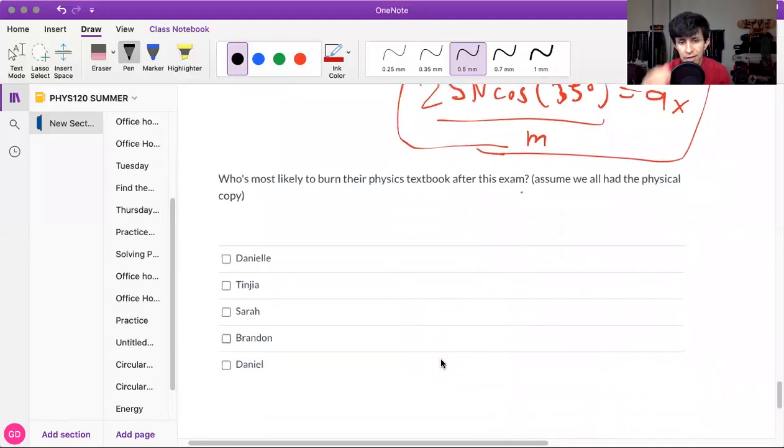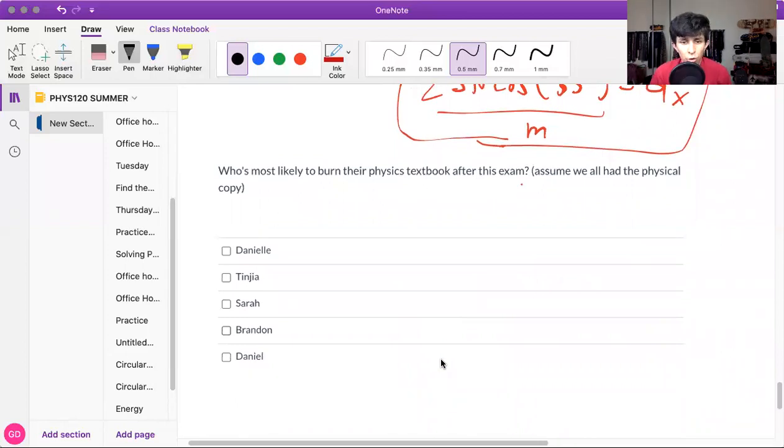And then lastly, the hardest problem: who's most likely to burn their physics textbook after this exam? I'm pretty sure it's all of you guys. Like after this, I'm sure like,